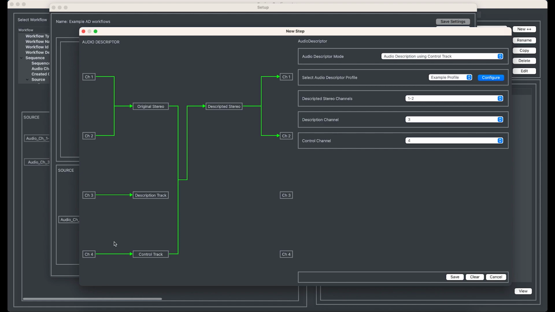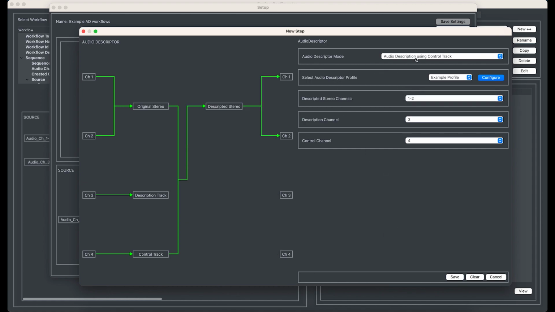And then this is presuming we have the control track sort of as a sidecar to the narration track, where we can also use that as well. And what we would do in this version is we'd sum that all together and we create a version of that documentary which has the AD sort of hard baked into it. Of course, I can move this down out of the way. Let's say I wanted that original stereo to come across, and I wanted the mixed version to be on channel 3 and 4. Well, I can just move these channels out of the way. So that would be what version 1 of the